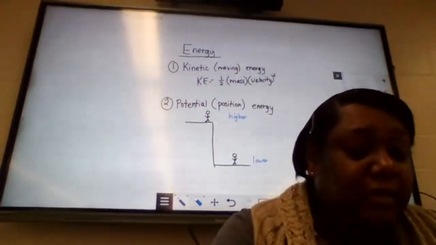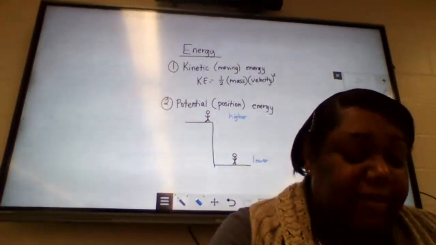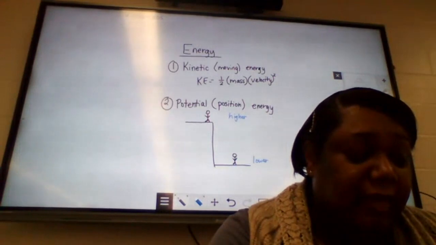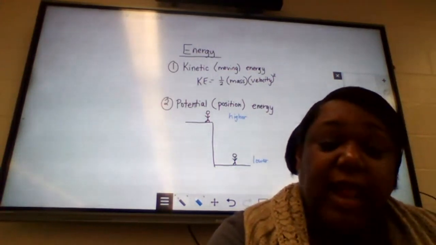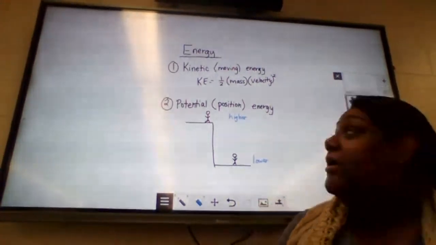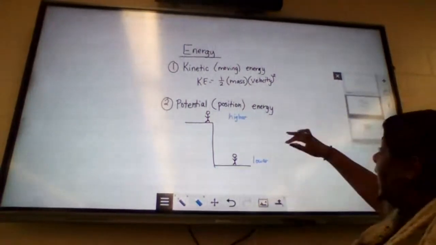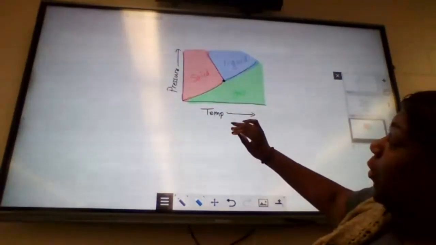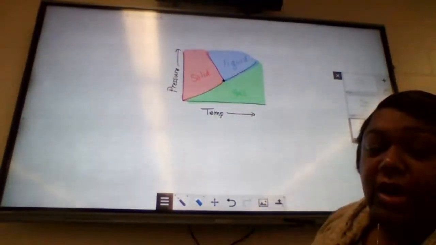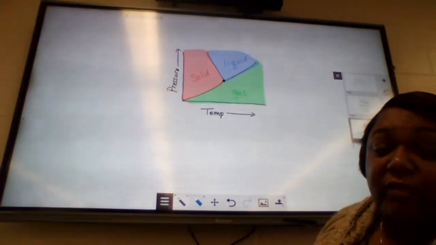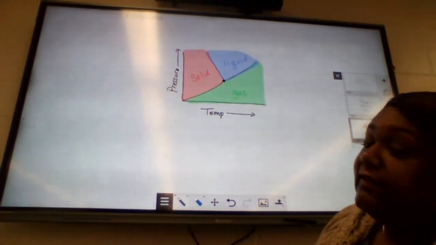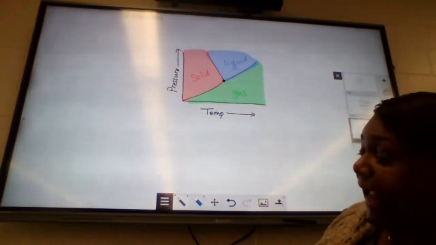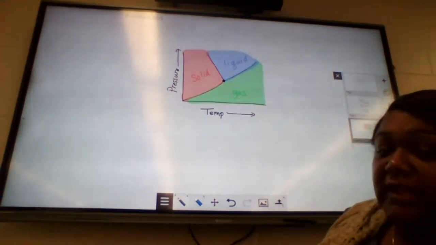All right. Your book then moves into talking about phases and temperature. When you look at phases and temperature, a lot of times it helps to have a phase diagram. So I've drawn an example of a phase diagram here. Please notice that we've got pressure and temperature. And notice in our phase diagram, there are 3 specific regions. Notice the one at lower temperature and lower pressure is going to be your solids.